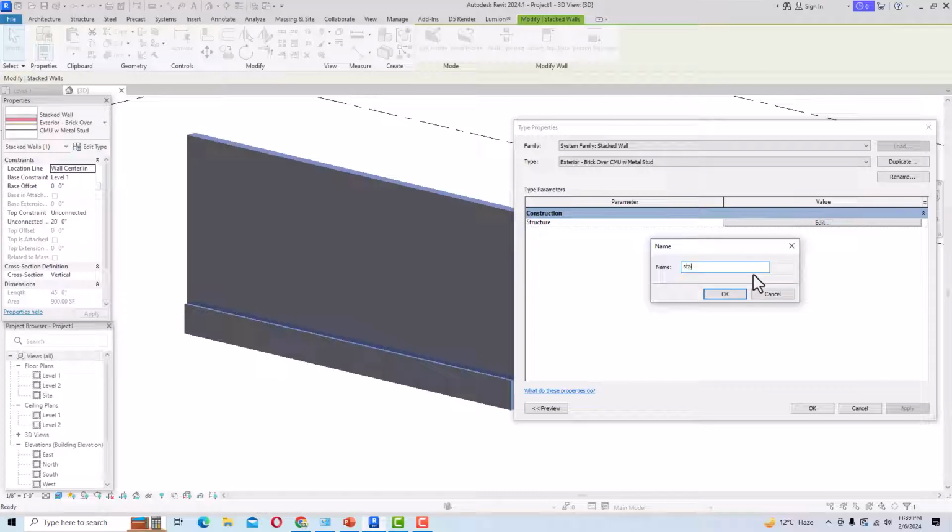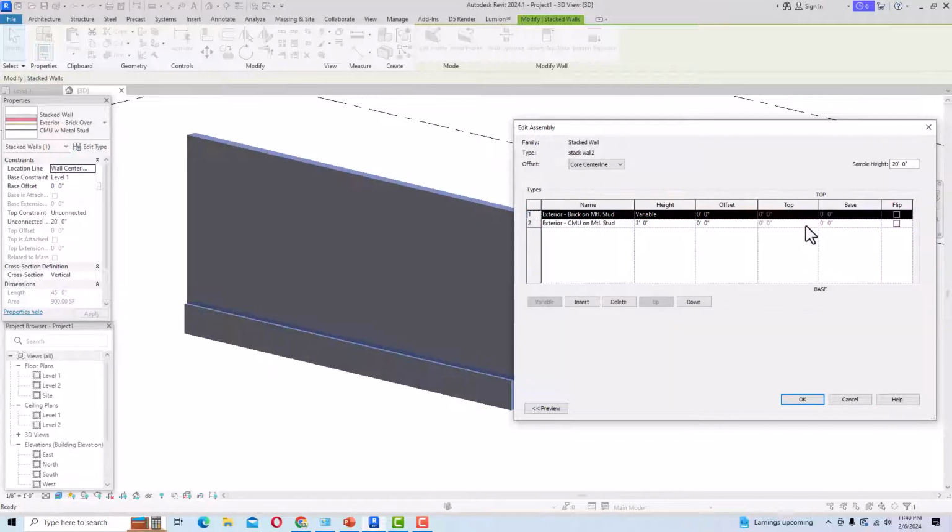and can create any kind of stacked wall here, stacked wall 2. And always remember, always create a duplicate of whatever you are creating in Revit. So this will give you no confusion in Revit. So I'm going to first create a duplicate, rename your duplicate, and then you can go to structure, and then you can go to edit,